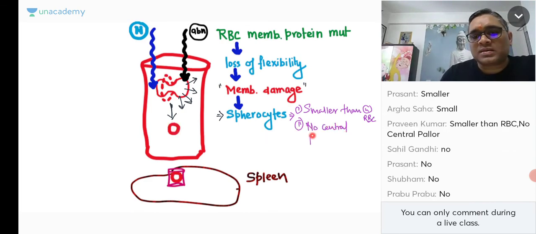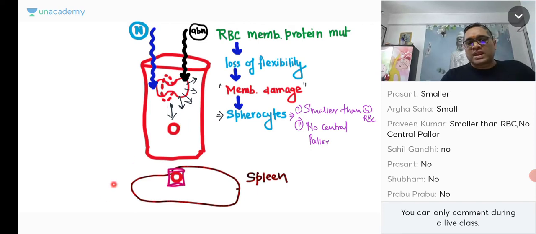Why? Because see this. If you look at this RBC, can you see this thin area which I marked? This thin area has low hemoglobin, and that is why it does not combine with Giemsa and remains pale. But here, the hemoglobin distribution will be homogeneous throughout the surface. Here hemoglobin distribution was not uniform, with more hemoglobin at these places, and that is why there was a central pallor. But here hemoglobin is equally distributed throughout the surface of the RBC, and that is why there is no central pallor. So this point will help you identify spherocytes on peripheral blood examination. They will be smaller than normal RBC, and they will have no central pallor.